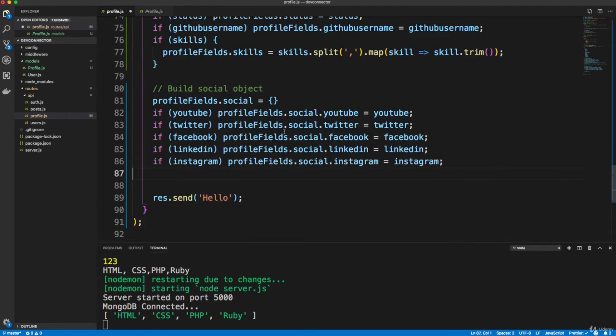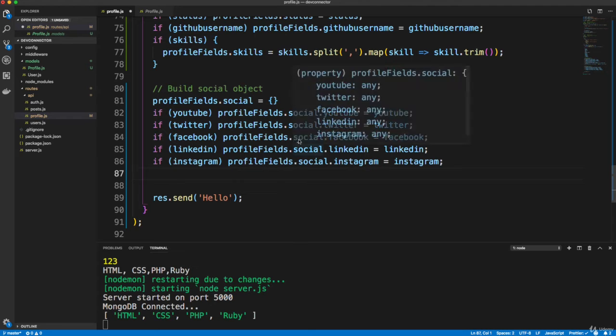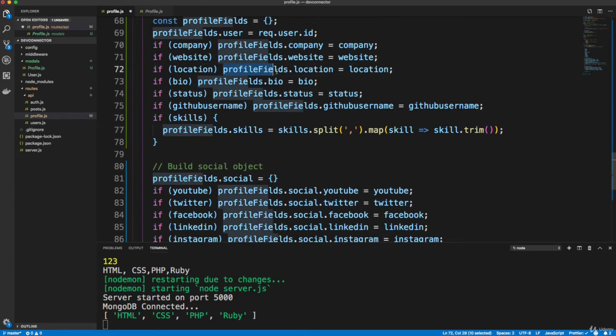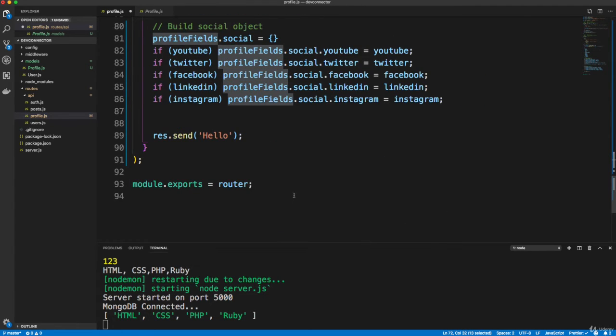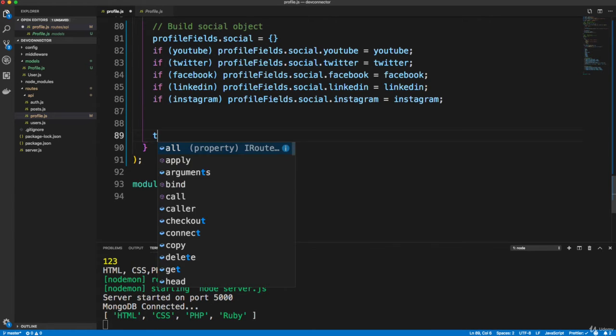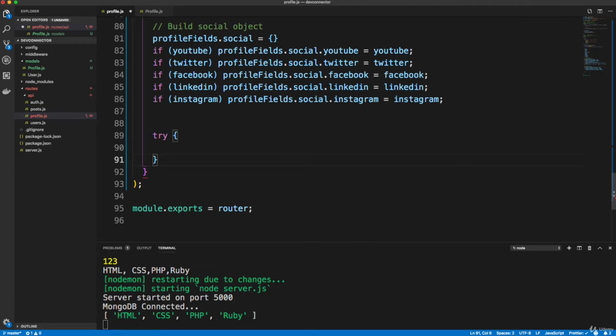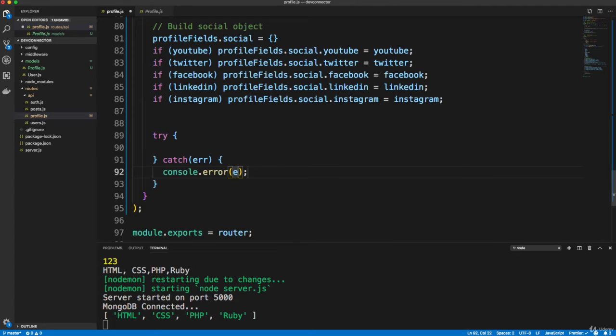All right, so now that we have all these properties inside this profileFields, now we're ready to actually update and insert the data. So let's go right here and let's just do a try catch. All right, and for the catch, we'll just do a console.error,